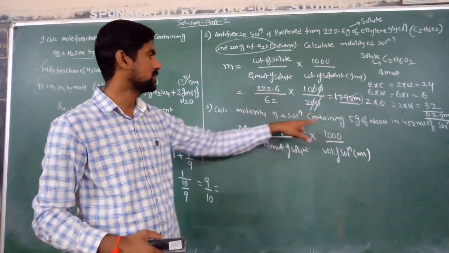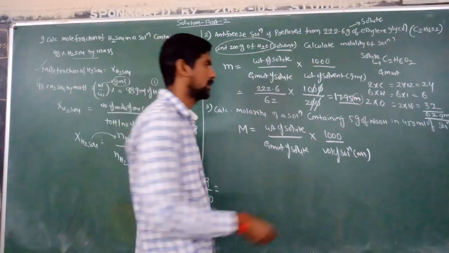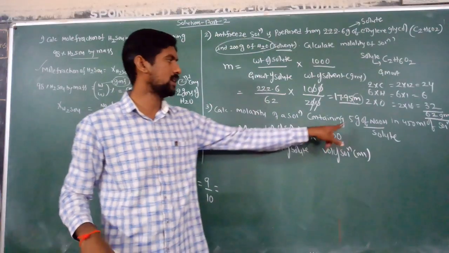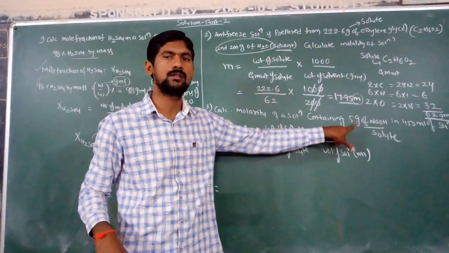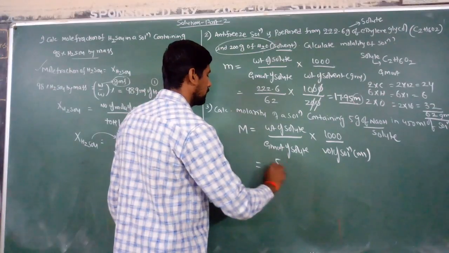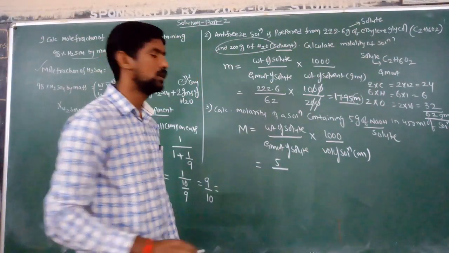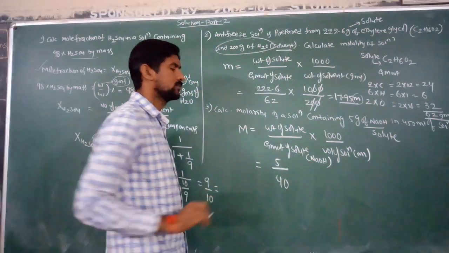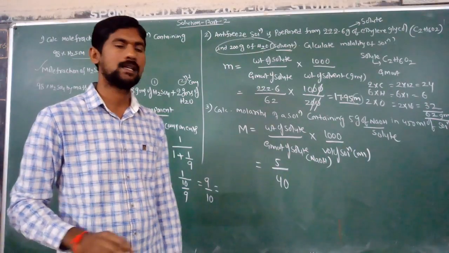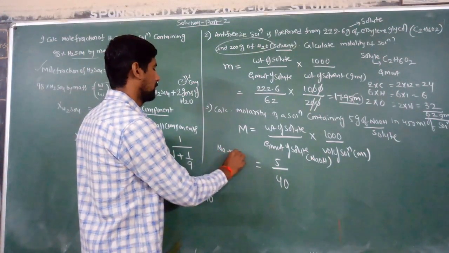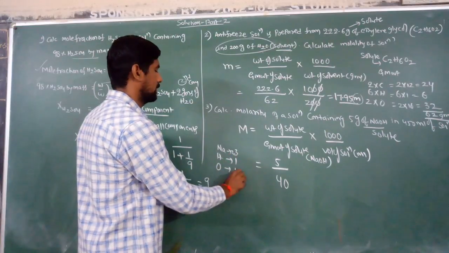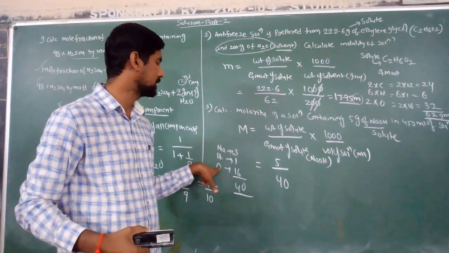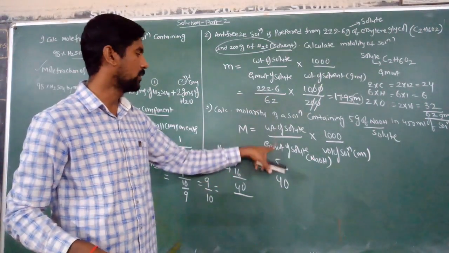In the given problem, the solute is sodium hydroxide. What is the weight of solute? 5 grams. 5 by the gram molecular weight of NaOH, which is 40 grams: sodium atomic weight 23, hydrogen 1, oxygen 16, total 40 grams. So 5 by 40 into